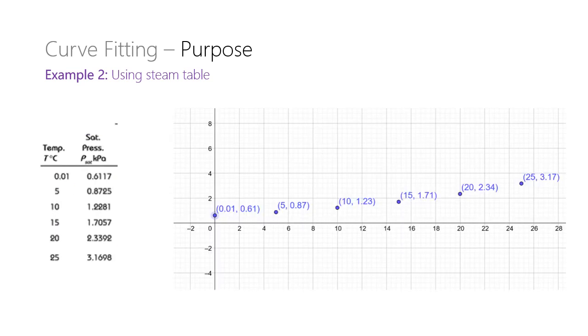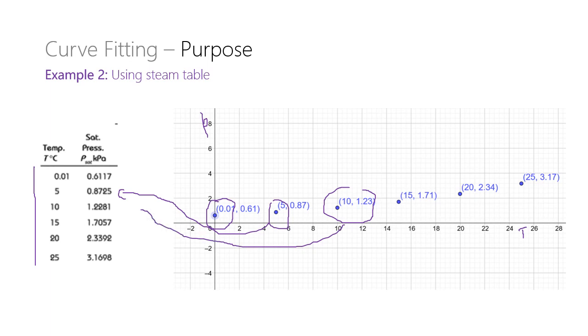Let us do that. This is the graph that I have already plotted for the first 6 values of temperature and pressure. You can see that this is the first point, temperature 0.01. I have plotted the temperature on the x-axis and pressure on the y-axis. Similarly, this is the point that corresponds to those two values of temperature and pressure, and this is the point that corresponds to the next two values, and so on.